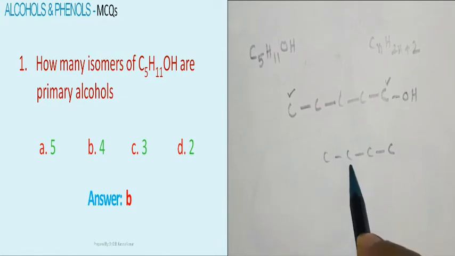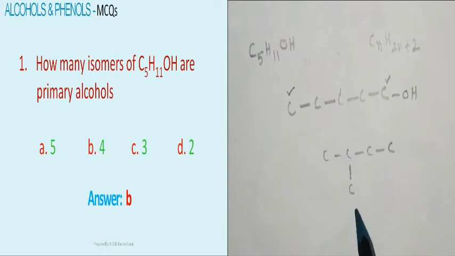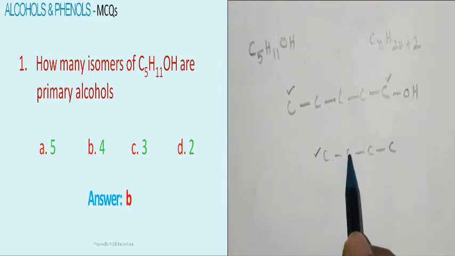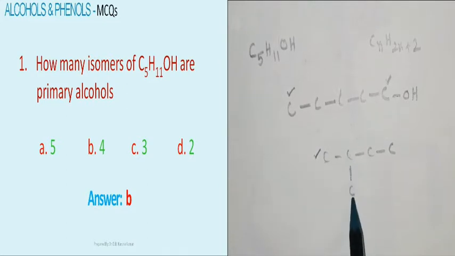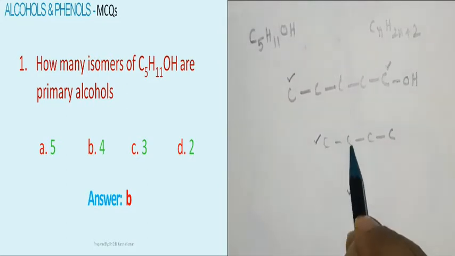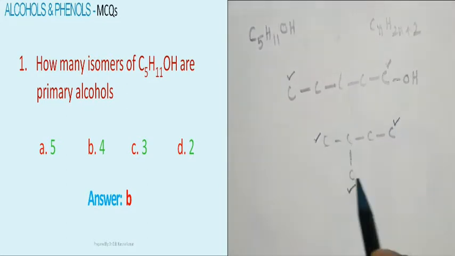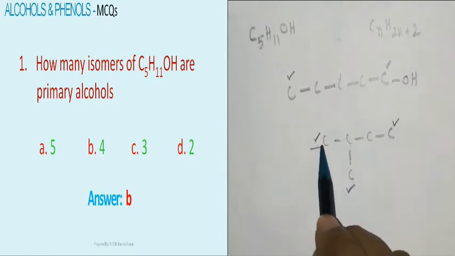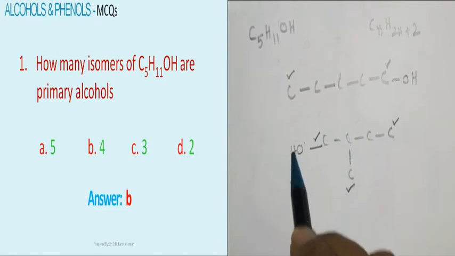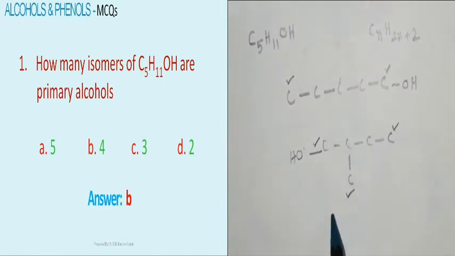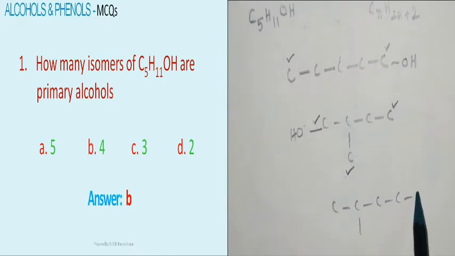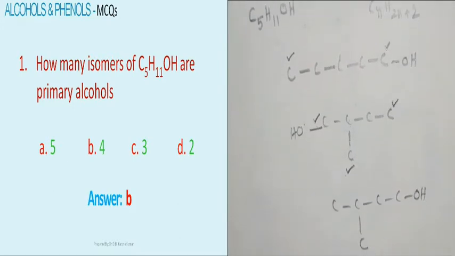Now let us check for primary carbons. This is primary carbon because this is directly connected to only one more carbon. This is also another primary carbon directly connected to only one more carbon. This is a primary carbon. These two carbons are synonymous to one another, hence they are going to give you only one product. This will give another product. So let us write down the other product also. OHC. So until now we have got 3 products.